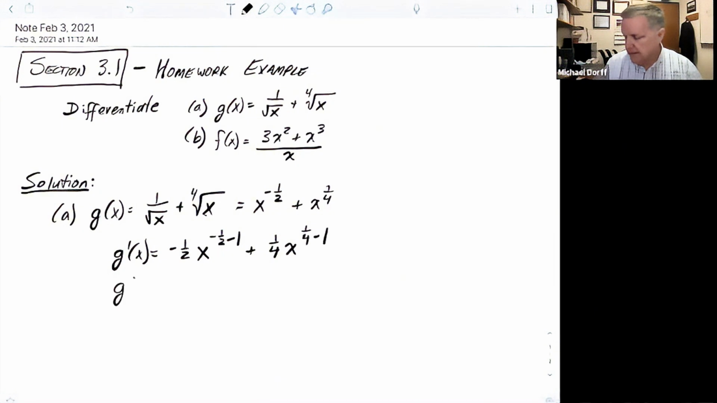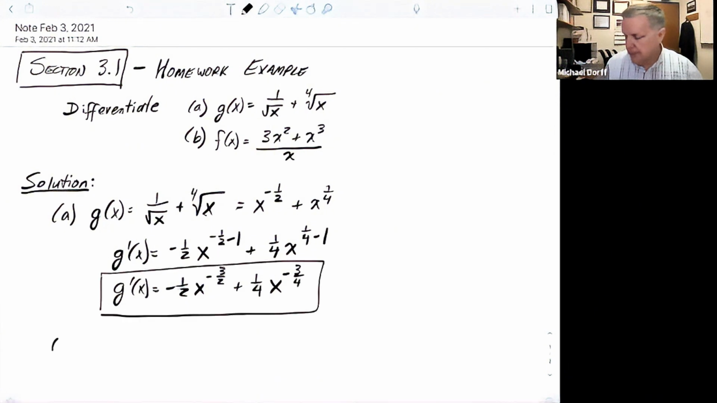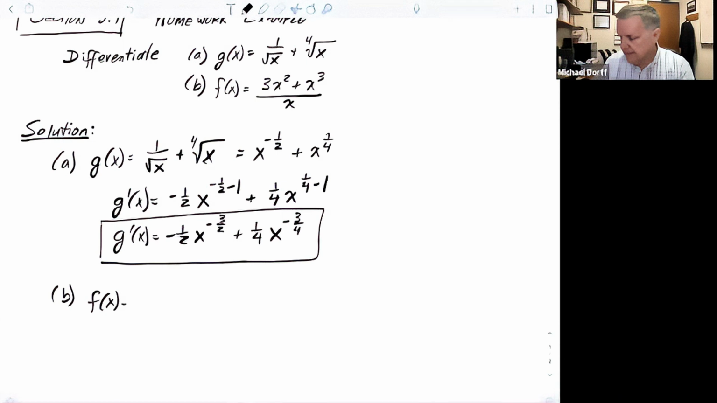So then I have that the derivative is negative 1/2 x. Then I have negative 1/2 minus 1, which is negative 3/2, plus 1/4 x. And then I have 1/4 minus 1, and that's going to be minus 3/4. And that's my answer. All right, for part B, we have f of x equals 3x squared plus x cubed